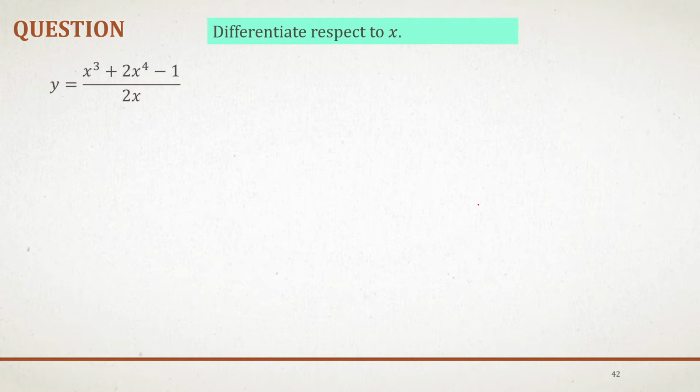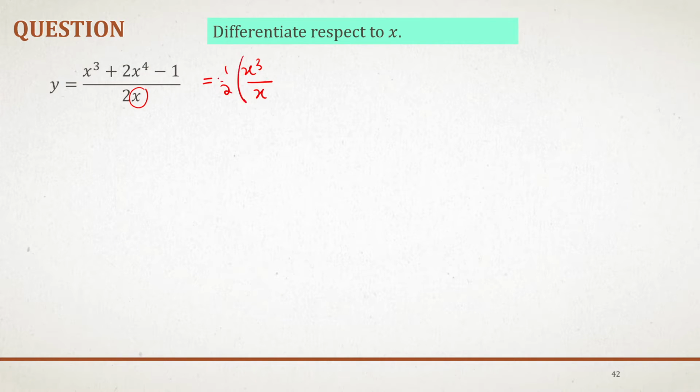How about this one? For this question, if you want to use the u over v method, proceed. But the better way to solve this question is actually to simplify this one. Why can we simplify this function? Because the denominator is x only, so I only need to divide. I spread them to become x cubed divided by x,